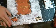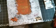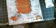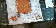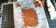Okay, so this is still just a tiny bit tacky, so I am going to hurry and go over it one more quick time. Okay, all right, while that is cooling down, there were several different techniques that I used to create this